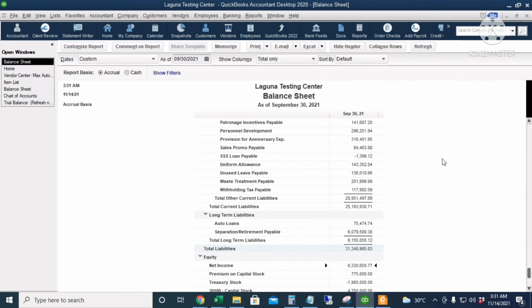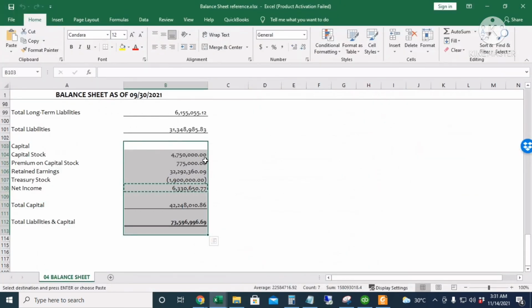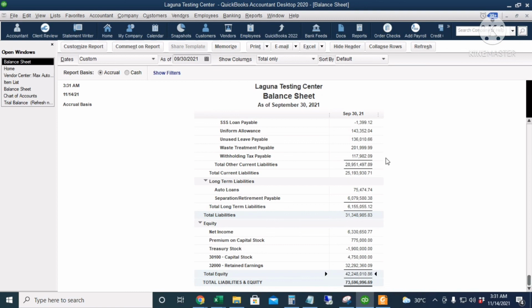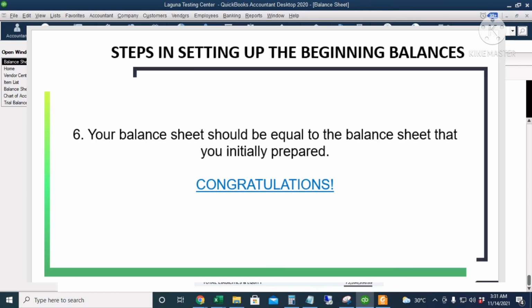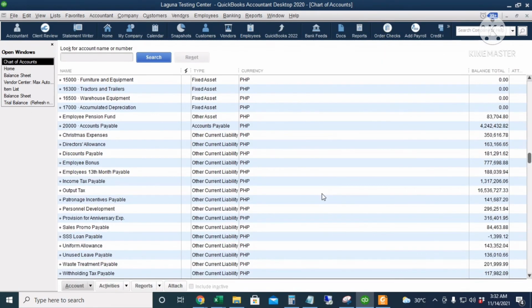All right, so let's check our balance sheet report. Okay, there. So net income, premium on capital stock, treasury stock, capital stock, retained earnings. So it's exactly the same as what we have in our balance sheet in the Excel file. It means that we have successfully set up our QuickBooks. So now our QuickBooks is now ready for the end users or for the accounting and the bookkeeping staff to use. But before we end this video, I'll go back to the chart of accounts and then go to the